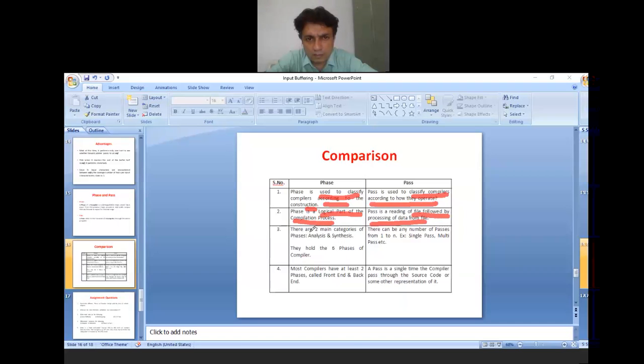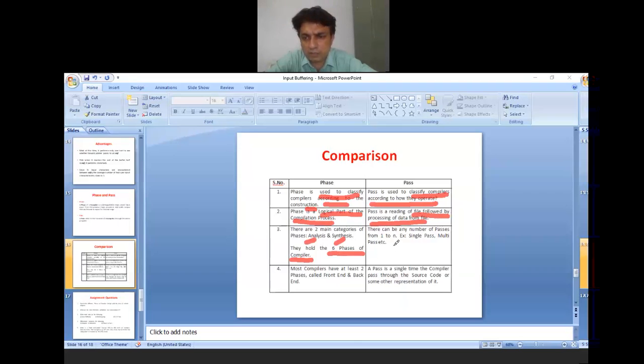Then in the third point, in the case of phase, there are two main categories of phases. The first is the analysis phase and the second is the synthesis phase. These main categories are divided into 6 phases of the compiler.